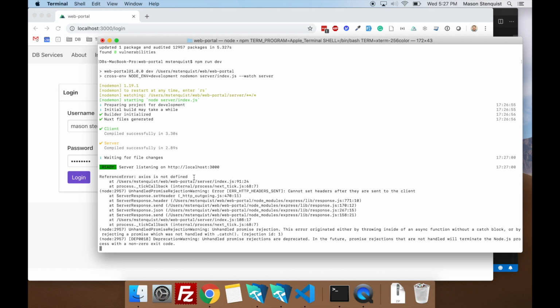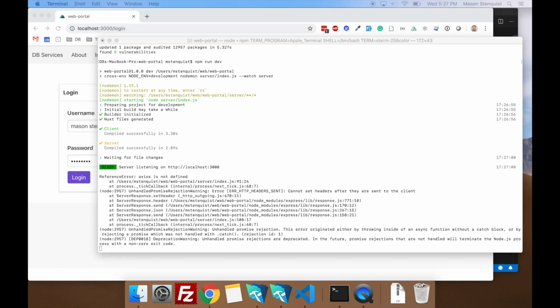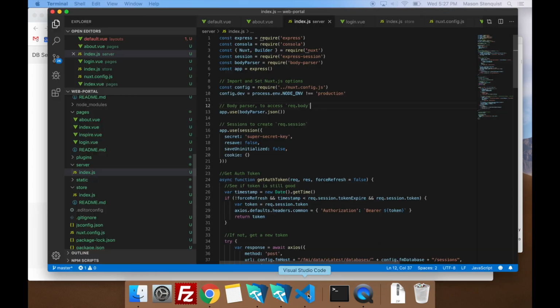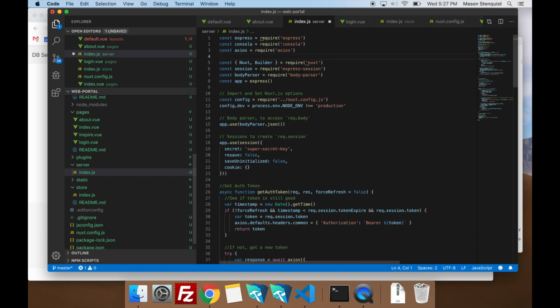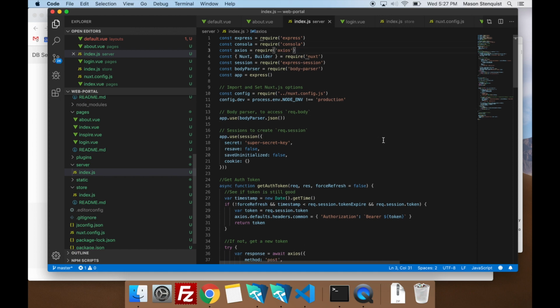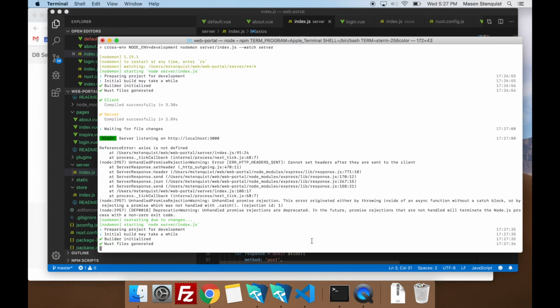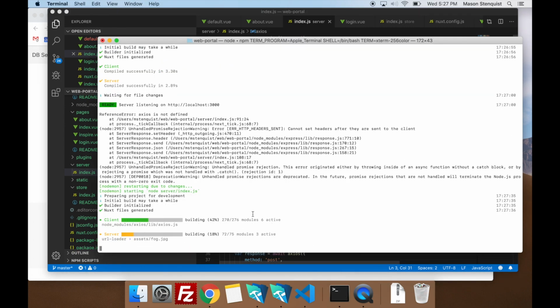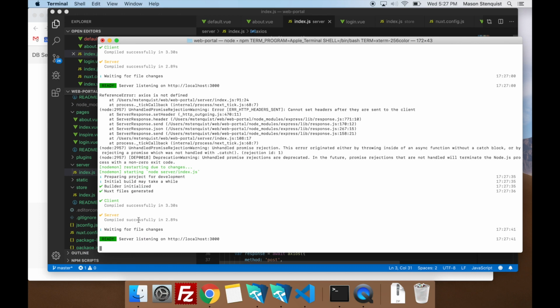Oh, Axios is not defined. Okay. So this one is actually already a node module that we have installed, but yeah, I have not imported this yet either. So that is one more thing we need. Luckily, the error messages are pretty good at telling you what's wrong. It's going to rebuild, and we should be good to go.